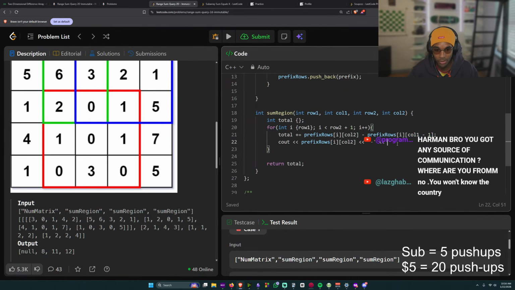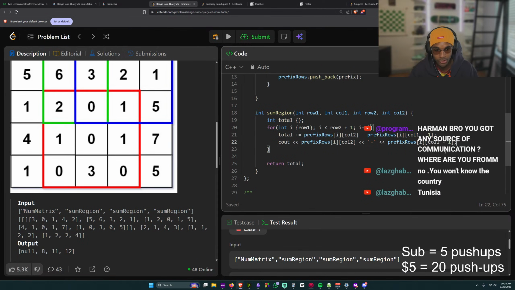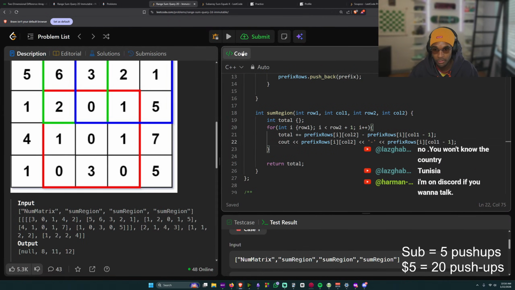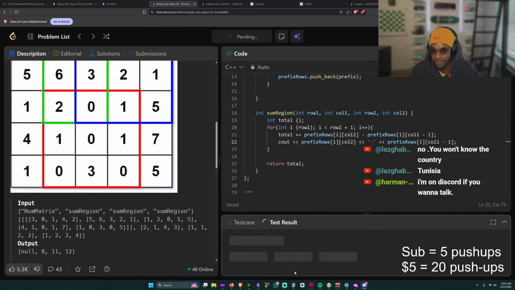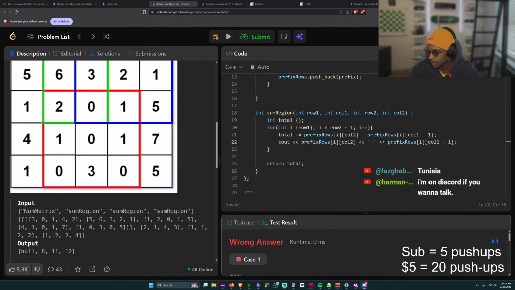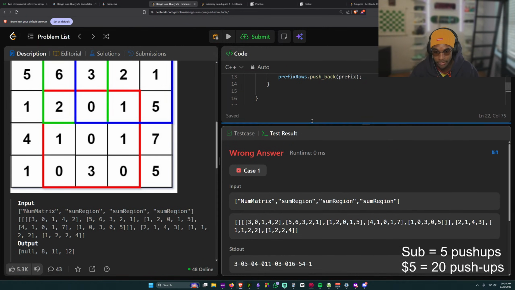Tanisha? Wow, we got such a diverse group of people here. I guess Discord's just like, if you guys ever want to do LeetCode together, or if I send invites.